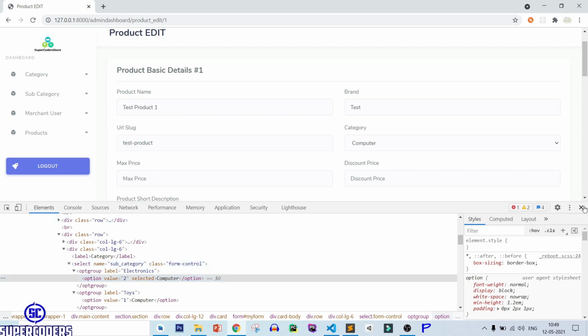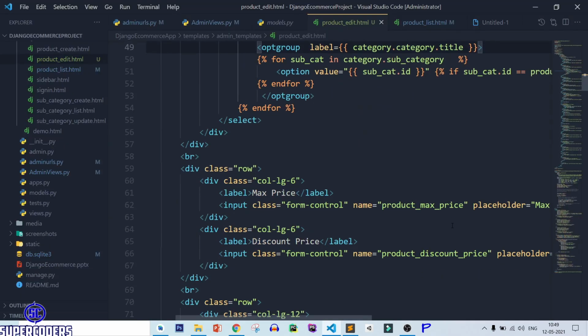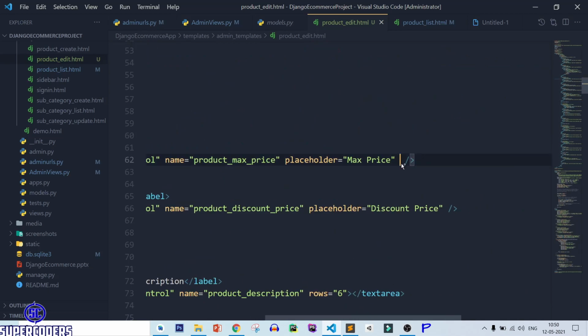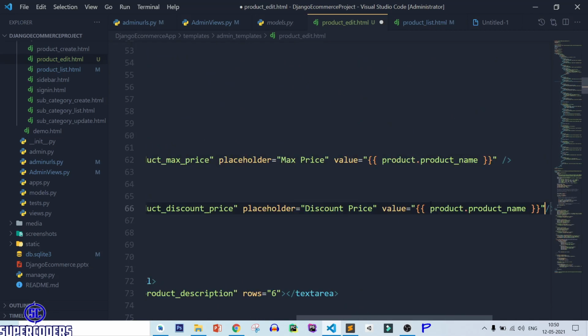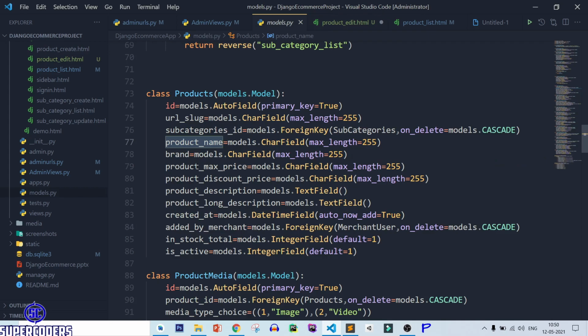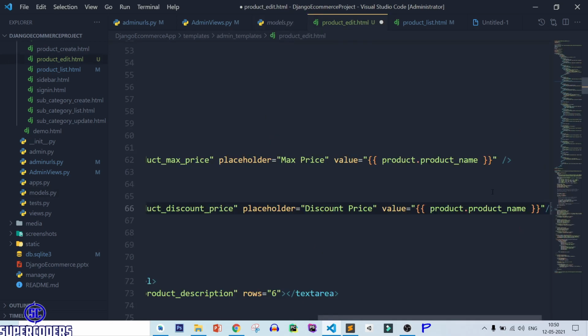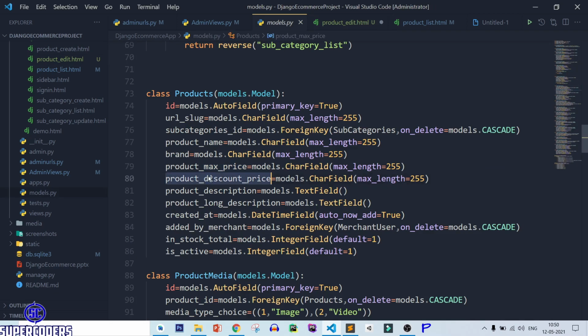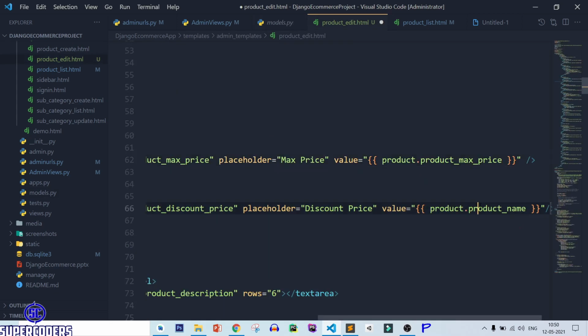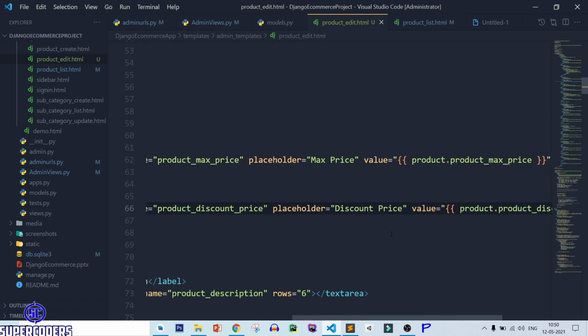Now after that let's show the other data. So again here value, then we need to set product max price, then discount price. Save this file.